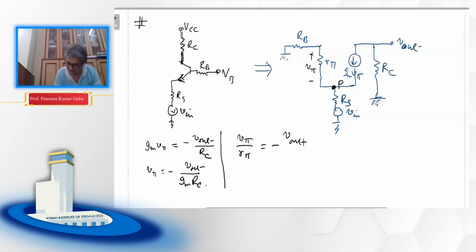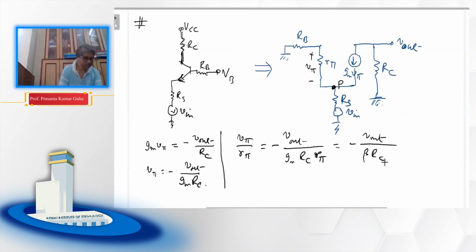Okay, so that's basically the current which is passing through the R pi and also RB, right? And this is nothing but V out over beta RC, right? Because GM R pi is beta. So again, you can find out VP, that is the voltage here, and VP can be written as